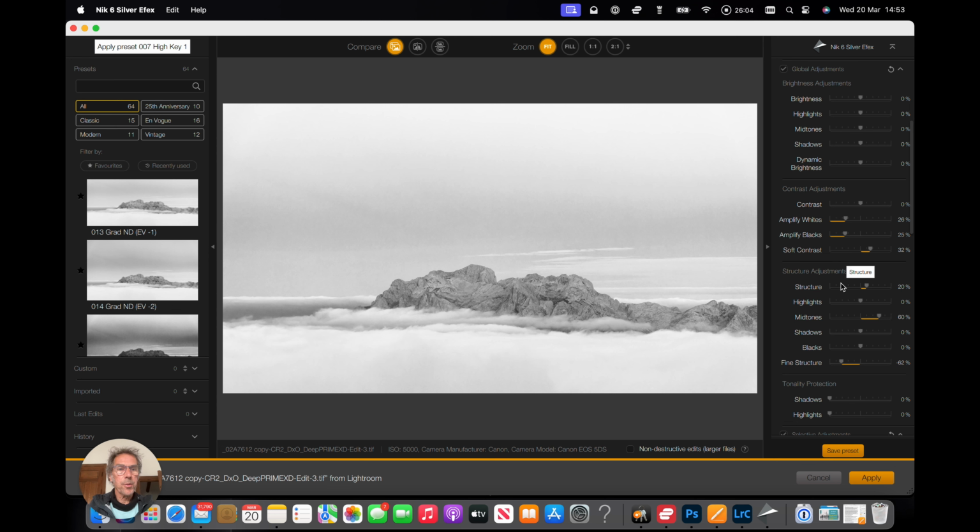So here with this I can play with the effects here, drop those shadows, bring up the fine structure in the rocks,